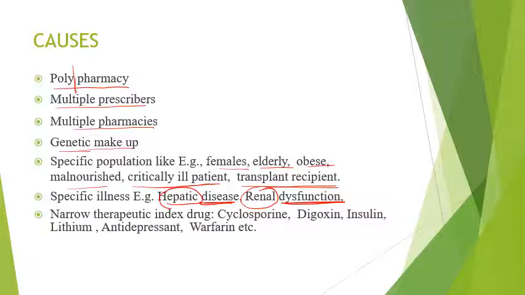So one was drug, the other was herb, then there was food and drink. So the fifth one is diseases also. Drug can interact with diseases. For example, let's take a simple example. A person is taking an antihypertensive drug, so it is just doing its work. It is decreasing the blood pressure. But when the drug has to get metabolized, it is not getting metabolized because why?